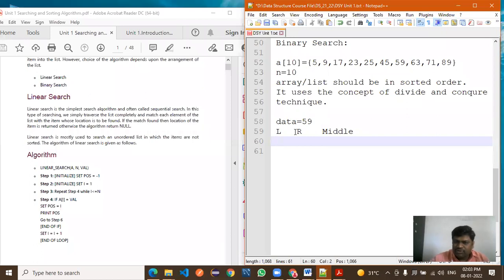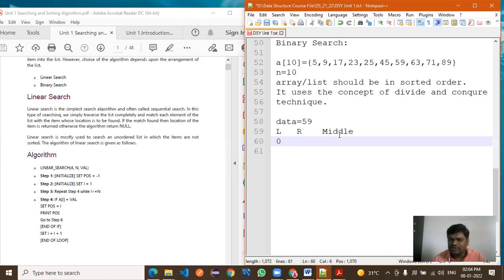These 3 are the variables we have considered, not pointers: left, right, and middle. They are simple variables to represent the values of the array. Left we consider at index 0 first, and right at the last element.